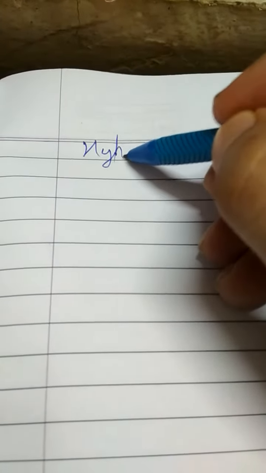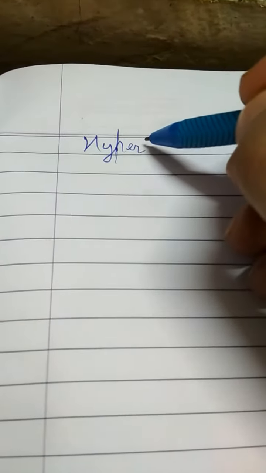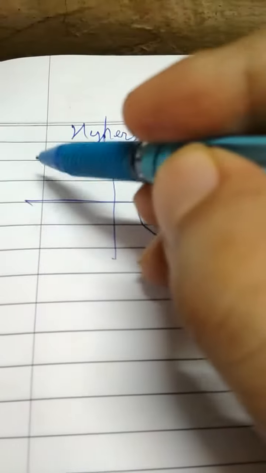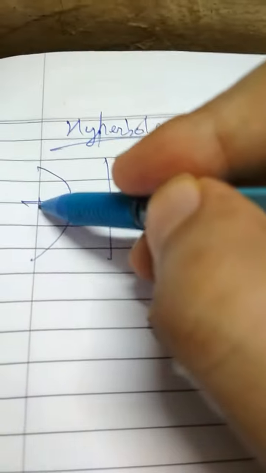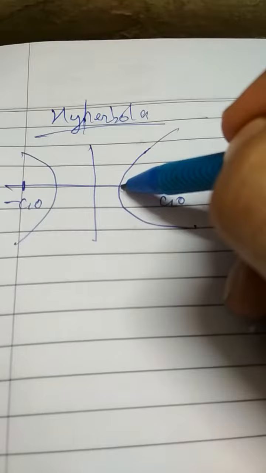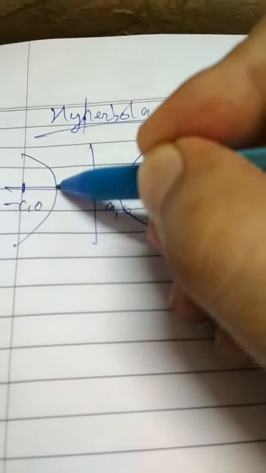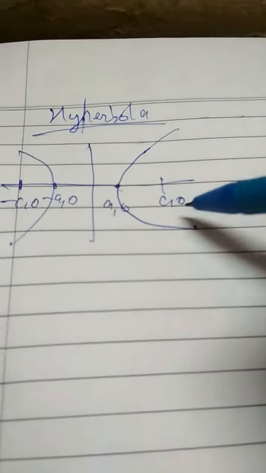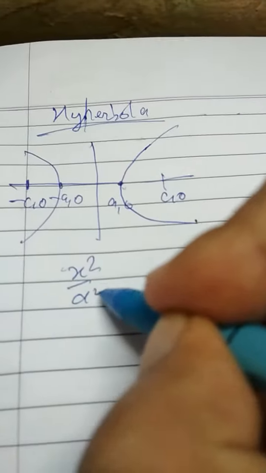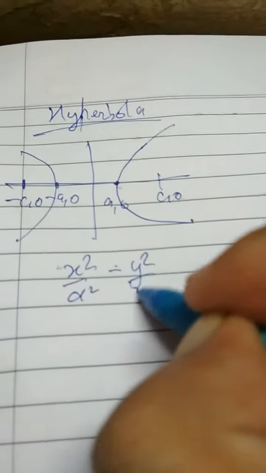Okay, so today let's study our last conic, the hyperbola. So what is a hyperbola? A hyperbola is drawn like this. This is a hyperbola. The equation of a hyperbola is x square by a square minus y square by b square